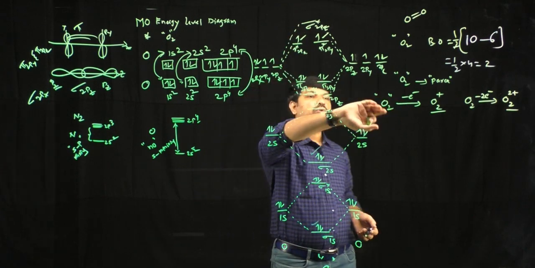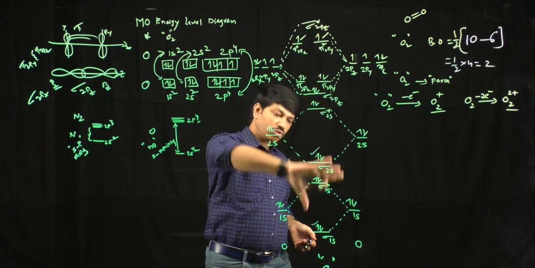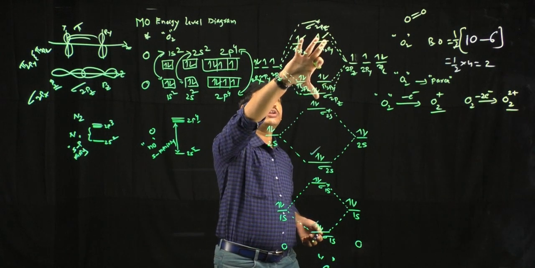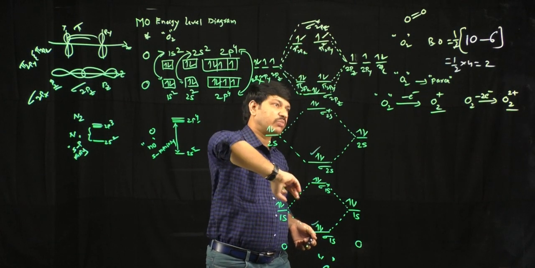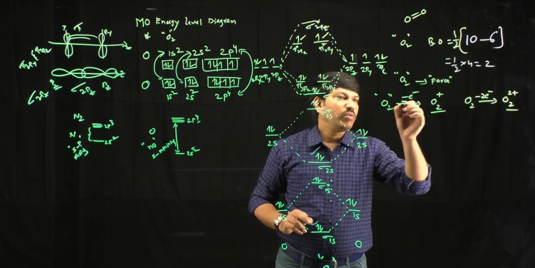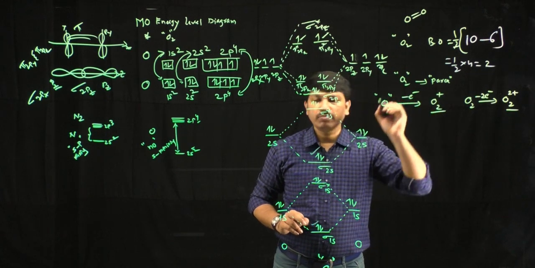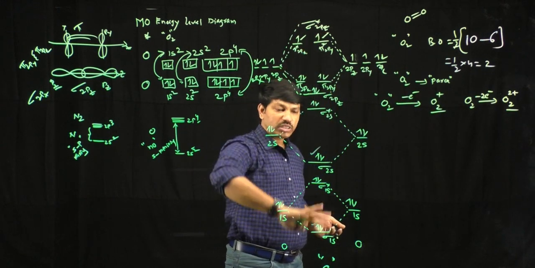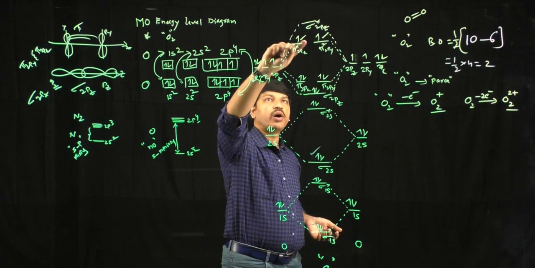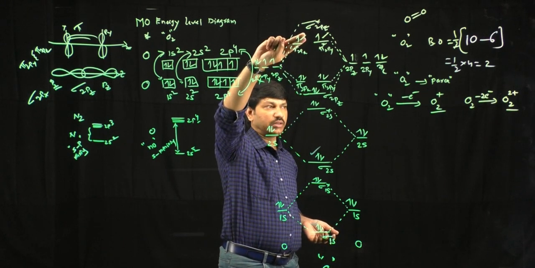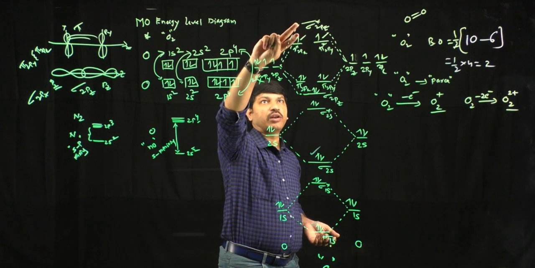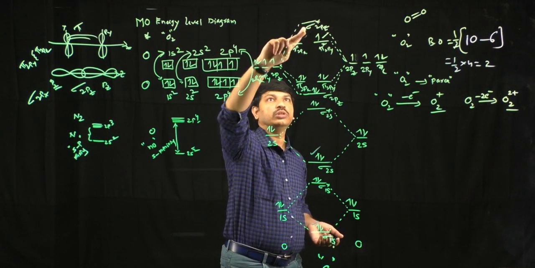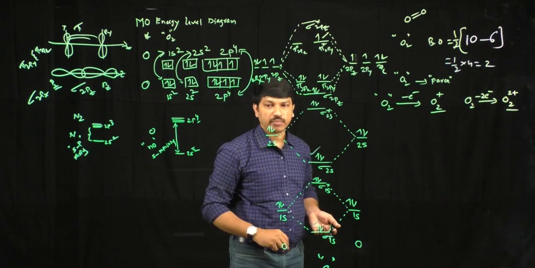So what is the meaning of O2 molecule? In case of O2 molecule, we have molecular orbitals like this. All these molecular orbitals are occupied by some number of electrons in this manner. But if we want to generate the O2+ molecule or O2+ cation, then what we have to do? From this O2 molecule, we have to remove one electron from the higher energy orbitals like this. So just remove this electron from here, in this manner.